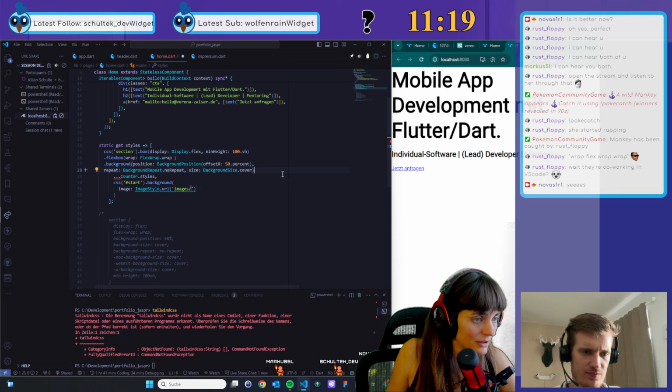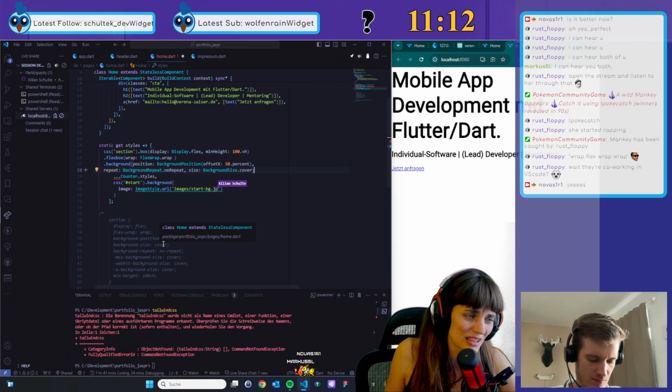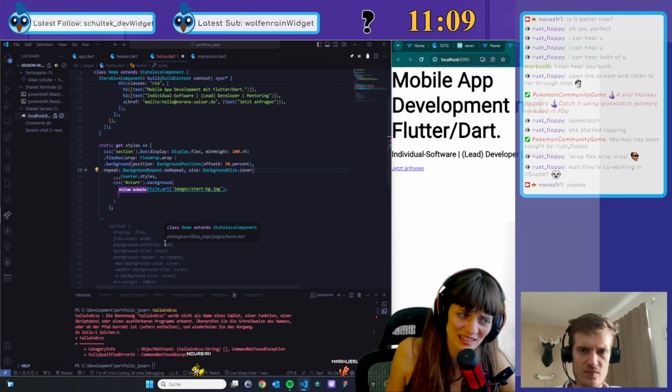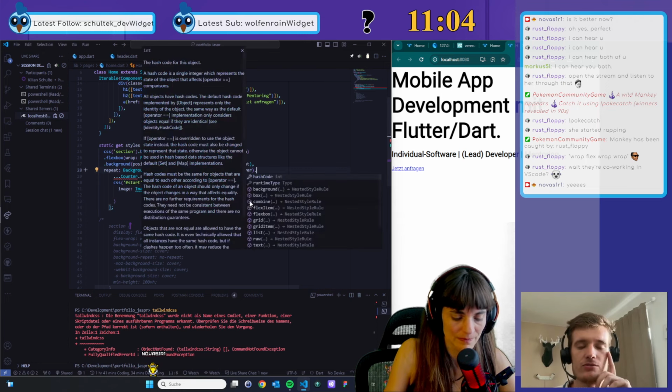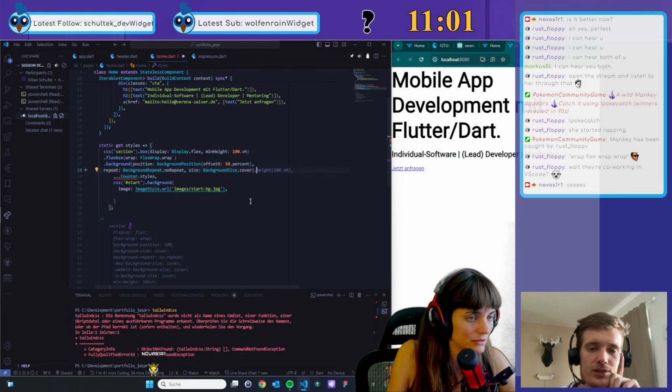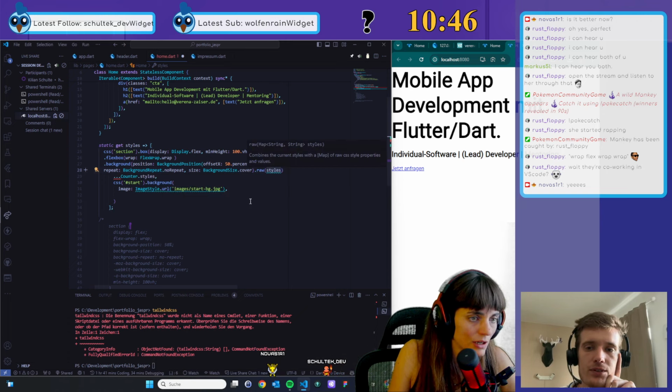Cover, and then no repeat. And something like WebKit background size stuff. Do I also need to set this? This one Jasper doesn't have right now. Okay. This is browser specific stuff. Yeah. So there's an option to just write raw CSS if you encounter these types that Jasper doesn't support right now. So you can say .raw and just put in a map of strings.